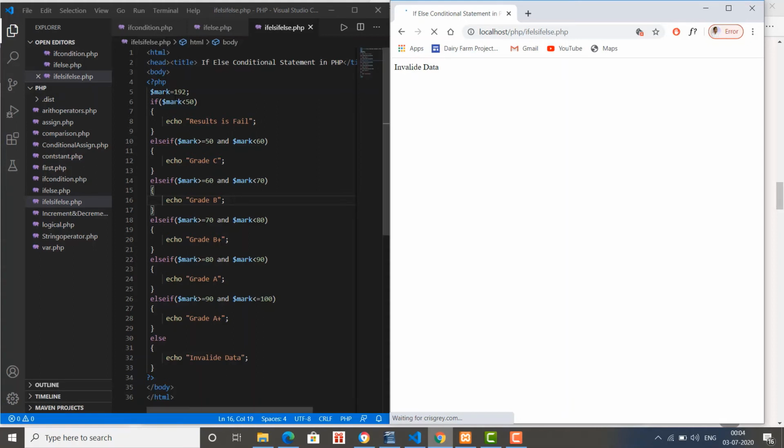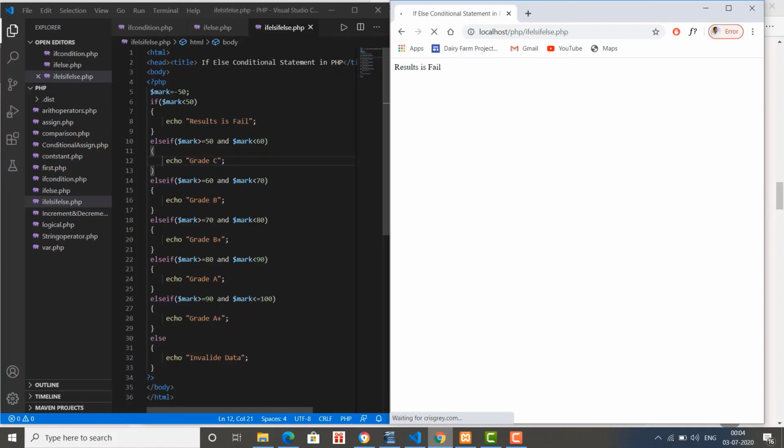What will happen if we put 0 here? See the result: it says result is fail. What will happen if we use minus 50 here? Save the changes, and see the result: it's showing result is fail.